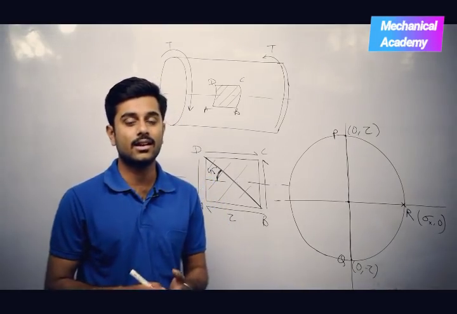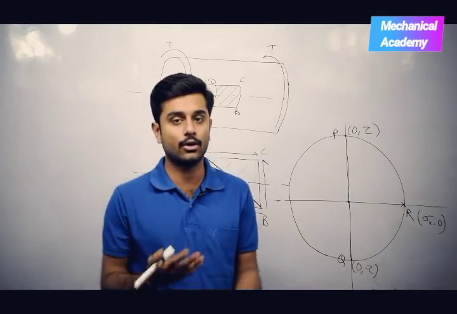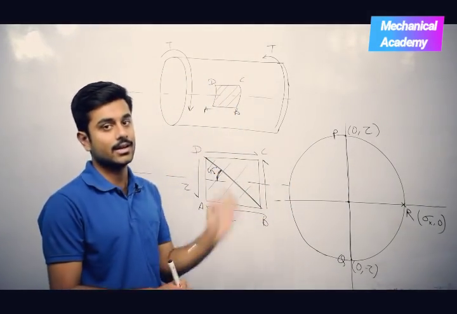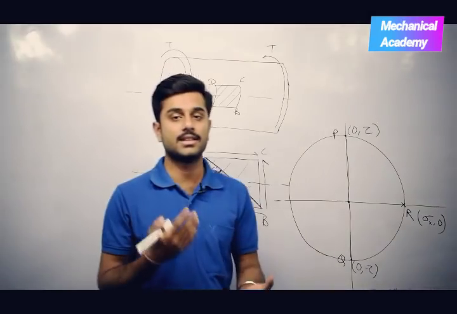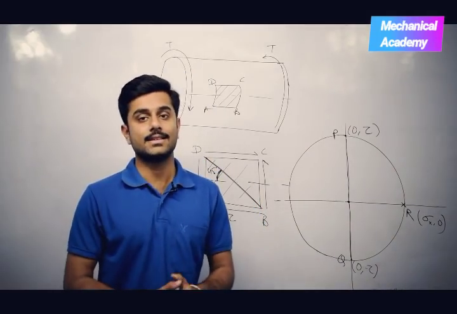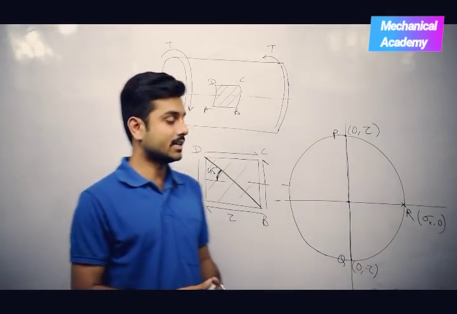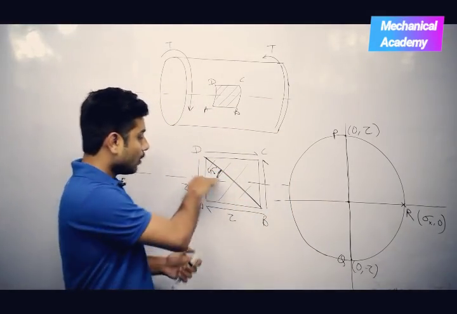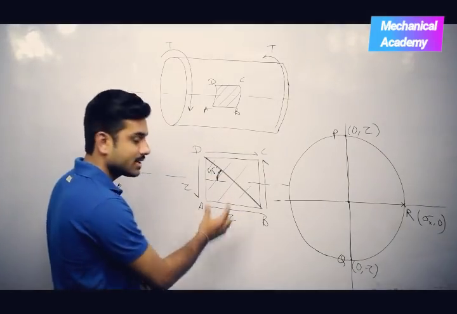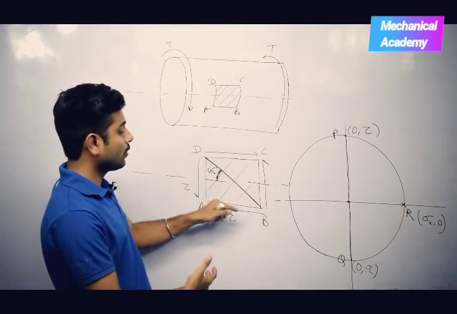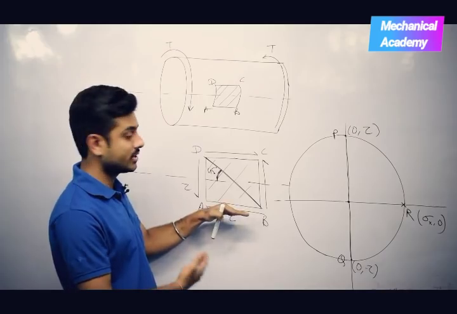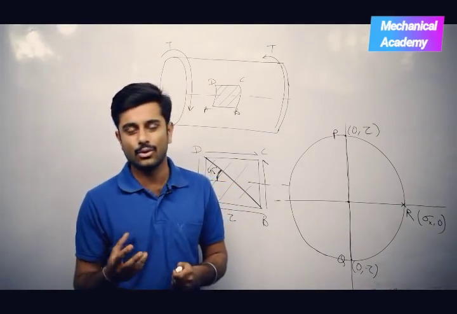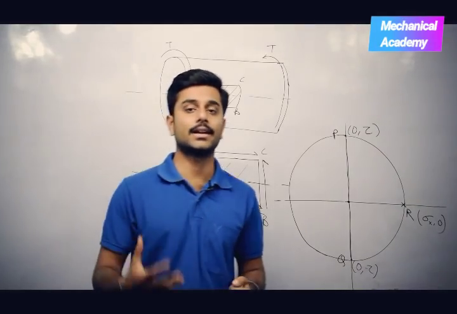Option B says that there are no tensile or compressive stresses. Clearly wrong. We can see tensile, compressive, both stresses are generated at some particular angles. So option B is clearly wrong. Option C says that maximum shear stress will be generated along the axis of the shaft. It is alright that along the axis of the shaft maximum shear stress tau is being generated, but there is also the same value of shear stress acting perpendicular to the axis of the shaft. So statement C is, though it is correct, not completely correct.